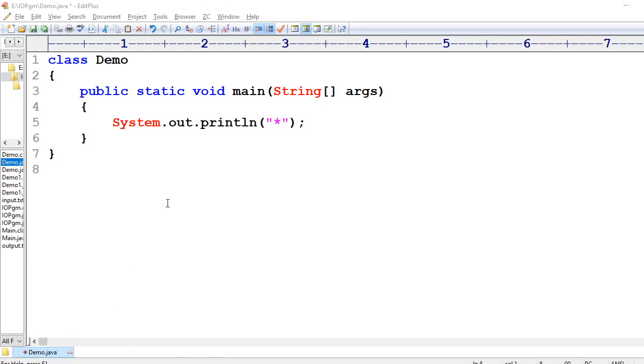So this is the same program that we have typed here. And in order to execute the program, we are going to make use of a software called Edit Plus. So it is important for each one of you to have Java installed in your computers. The only reason is because Java, if you understand, it is being used by 3 million devices. 3 million devices are running on Java. So as an aspiring job aspirant, as an aspiring software engineer, it is important for you to learn Java and to practice Java.